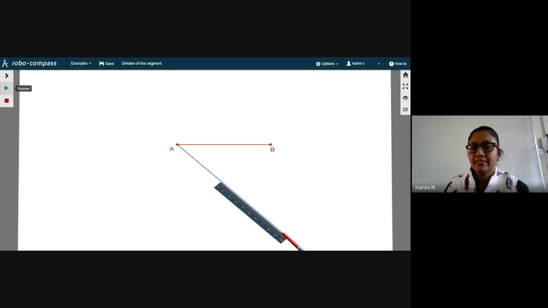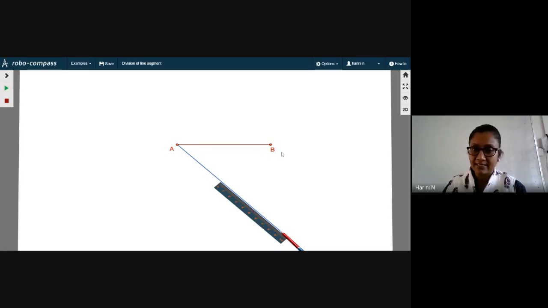Now, what is the question for us? The line segment AB has to be divided in the ratio 5:2. So, how many parts do you have to make the line segment into? We have to divide it into 5 plus 2, that is 7 equal parts. Out of which you will separate the 5 parts and the 2 parts. And if you are able to separate that 5 and 2 parts, you are going to divide the line segment in that ratio. So, we have to cut or locate points on this ray AX or AY, whatever you can name them. So, you have a ray at A making an acute angle with the line segment AB.